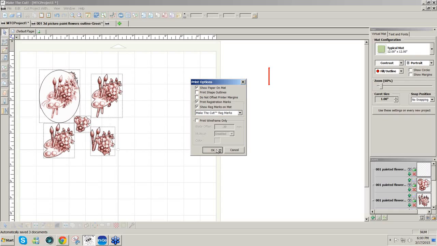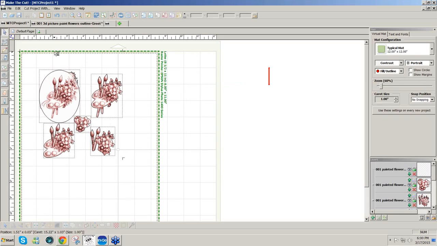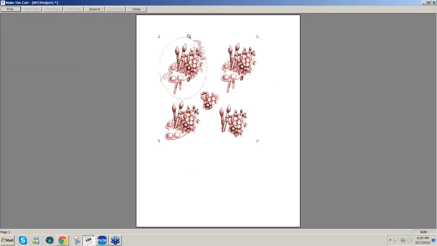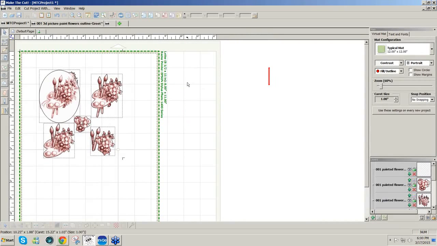I'll say OK, and now you see the green lines where my paper is going to be. You also see where the registration marks are here and here and here. So let's go to the print preview and see what that'll look like. There's the registration marks, so they're ready to go. And close, and then we can go ahead, and when we're ready to cut, we can cut the whole thing